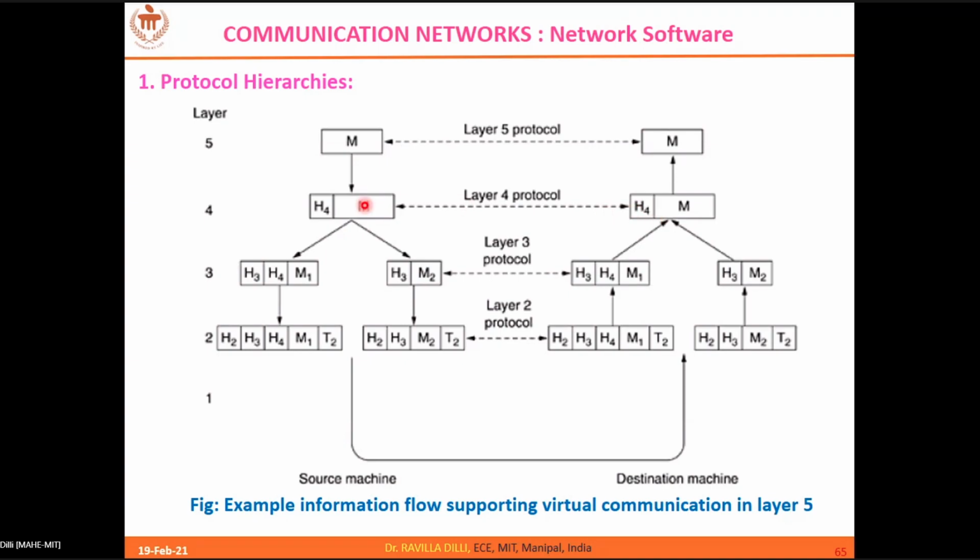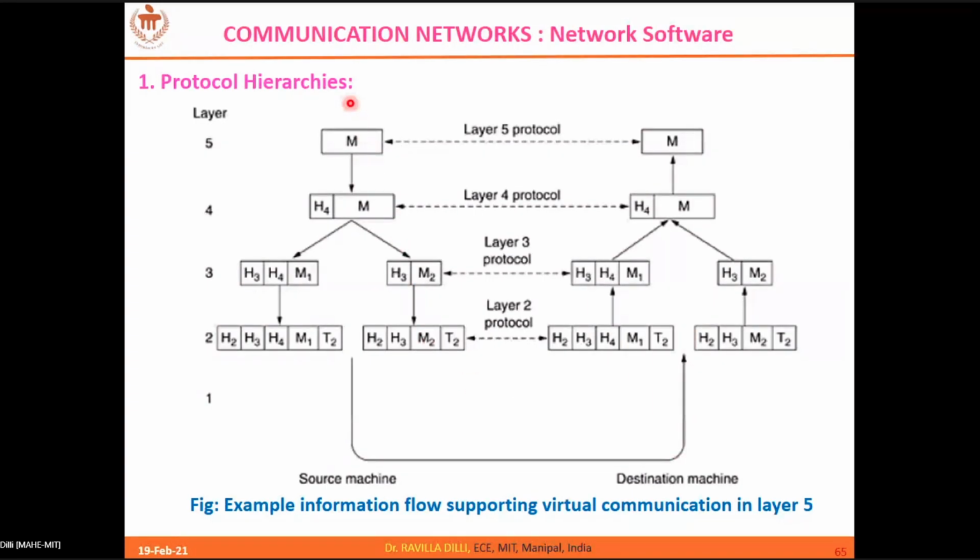So whatever you have done here, the reverse procedures will be performed here, and finally the message will be delivered to the user. So the user is sitting on top of all these layers. So your friend can see whatever you have typed in the English chat, and he also can give a reply. So that is how the data moves from the user of one mission to the user on the other mission. So the actual data flows through these solid arrows. Okay, so this is how the data flows.